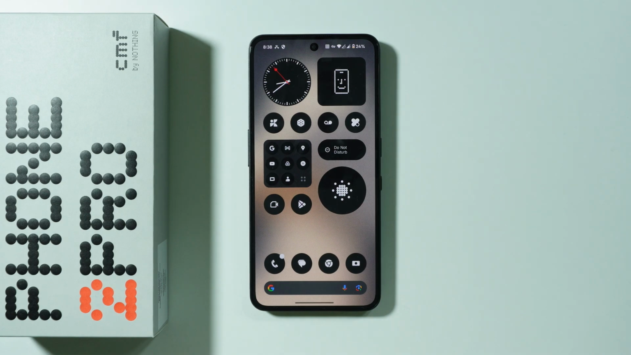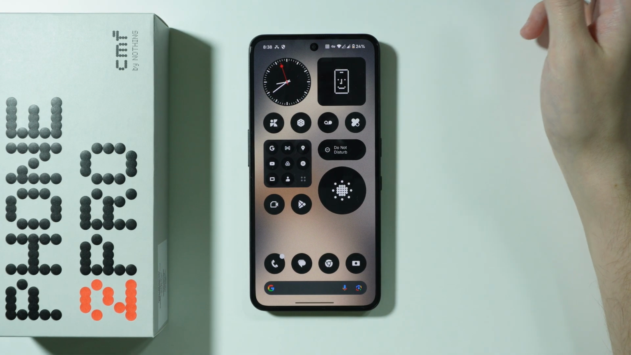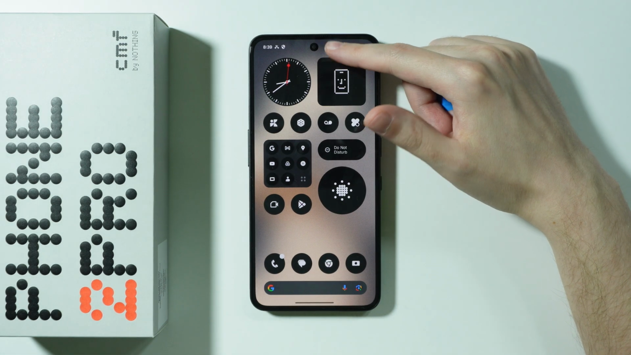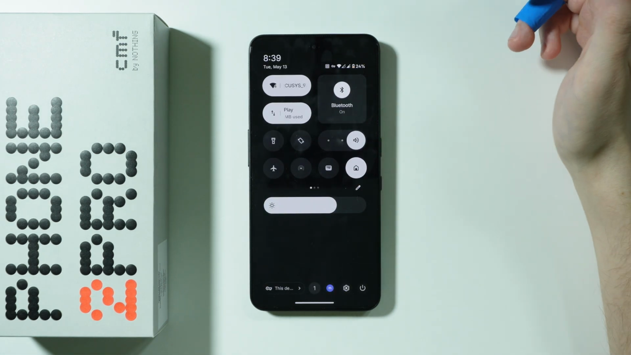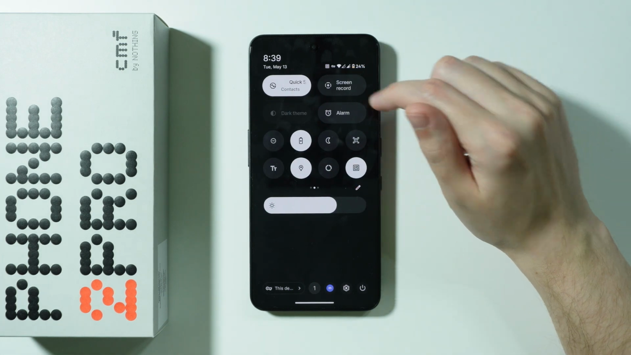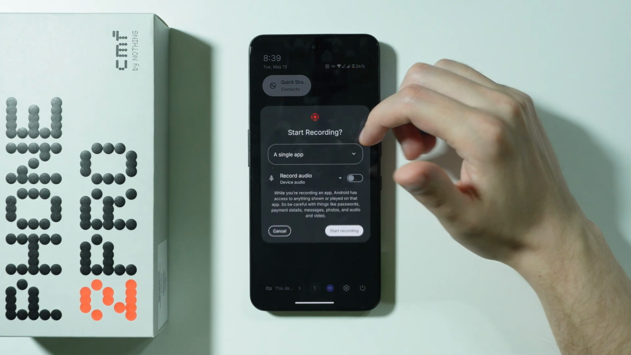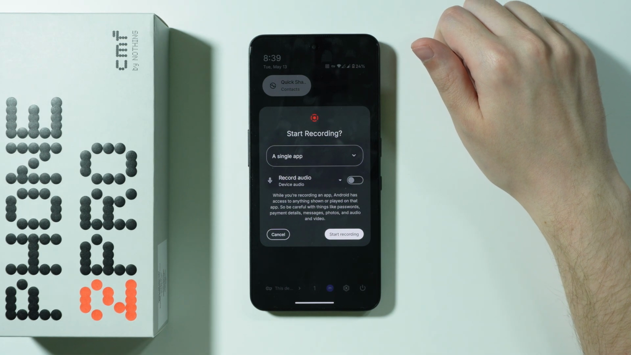If you want to record screen on CMF Phone 2 Pro, first of all we're going to go to the control center or quick settings, so we can swipe twice from the top like this. And now over here we can search for screen record. In my case it is over here, so I can tap on this button in order to open the recorder